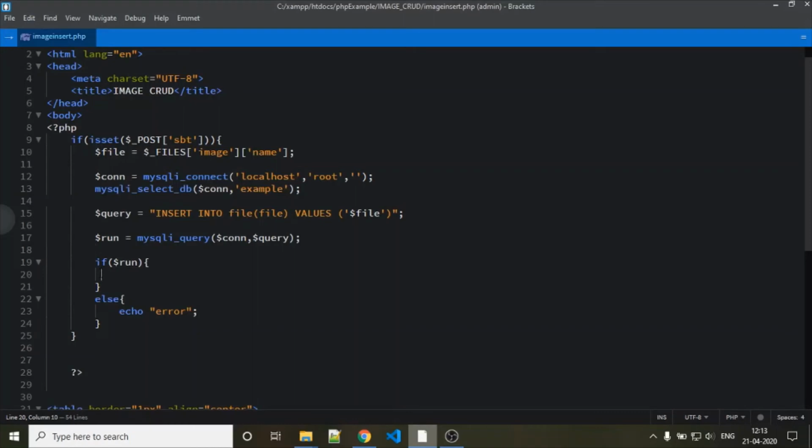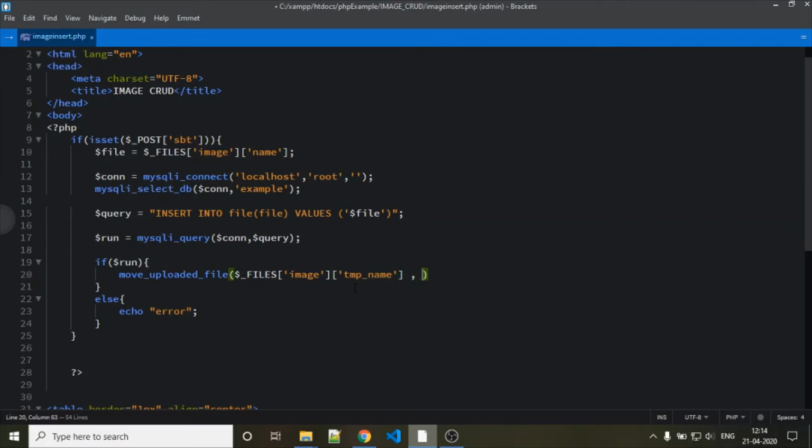For that PHP has a built-in function called move_uploaded_file, and this function requires two parameters. First is this image file, and in here the tmp_name attribute is required.